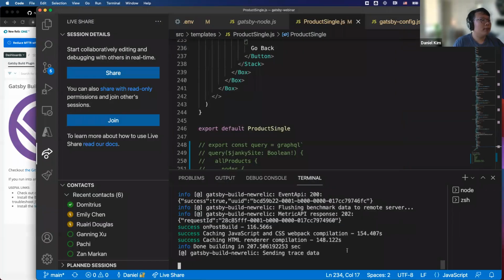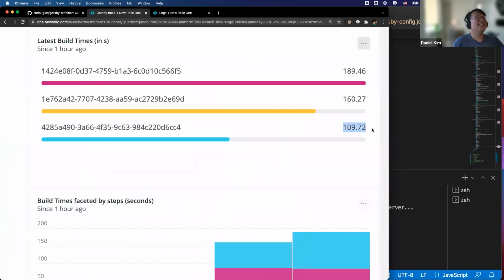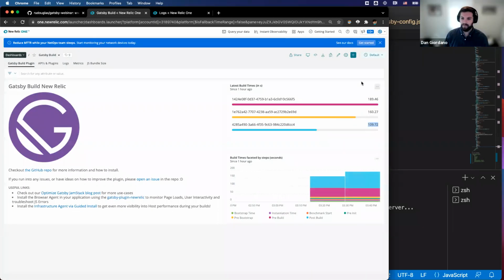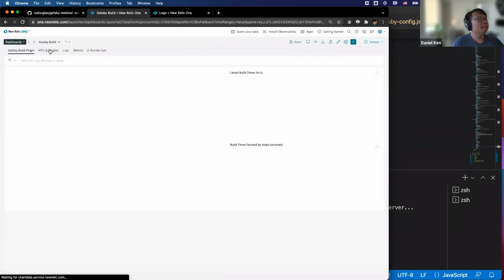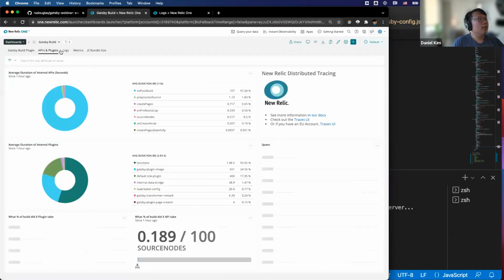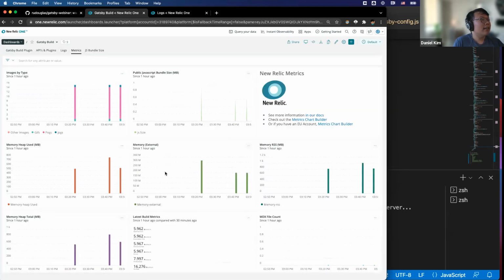Cool. It's still building, but okay, I think it's faster now. Oh, it already sent. Okay, cool. There we go. Look, it's 109 seconds. There we go. You got an optimization. So I think we got the optimization. Let me check the metrics though. Oh yeah, so I think